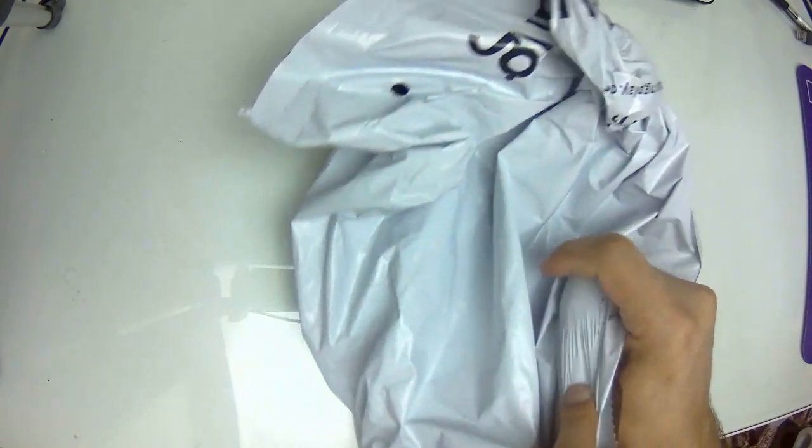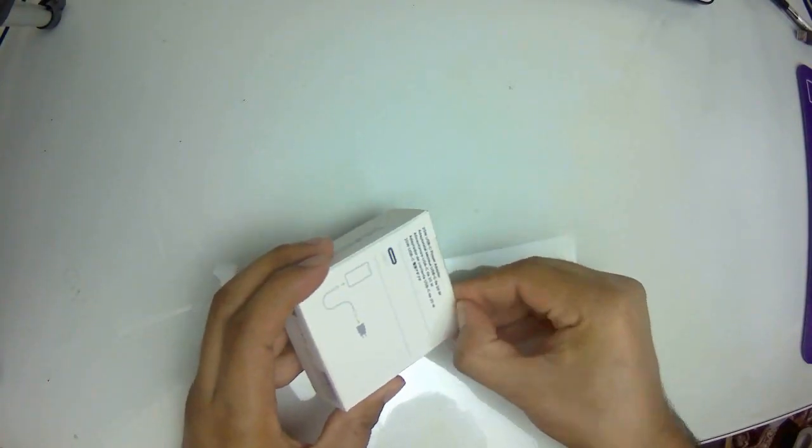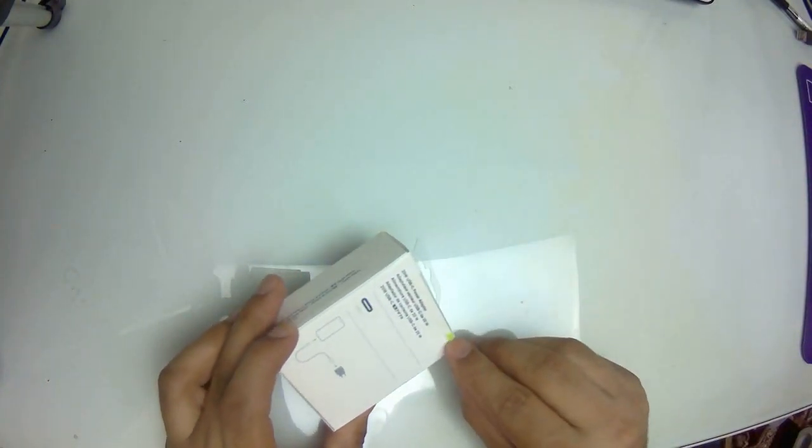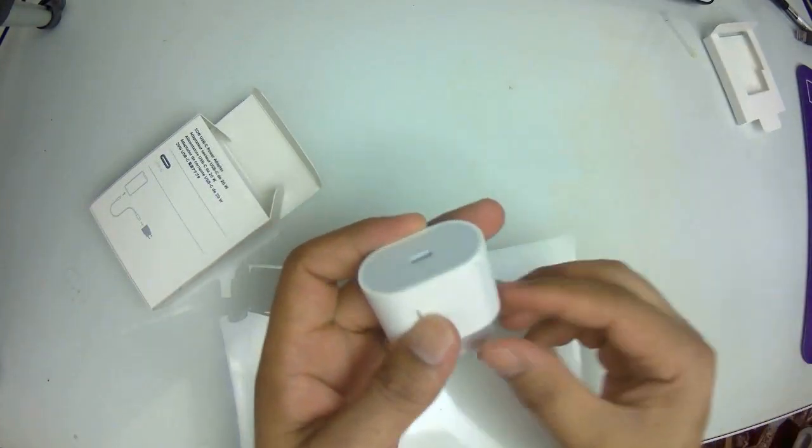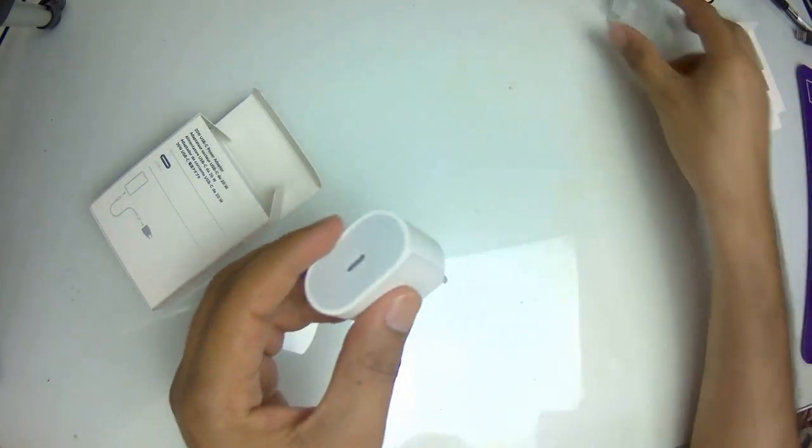Here is the charger of iPhone 14 Pro. You can see it here. There is a blue dot, green dot. From here you can open it and it will look like this. So this is the iPhone 14 charger,